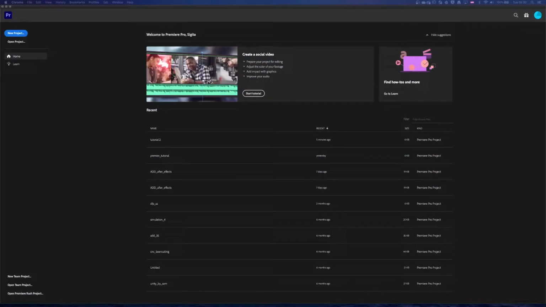Premiere Pro is a video editing software which is mostly used for sequencing clips that you have footage of. For example, if you have different angles of the same video, if you have footage of multiple video recordings of something and you just want to cut them and stitch them together in a sequence, that's where you use Premiere Pro. As I explained in the previous video, if you are working on motion graphics, if you're working on